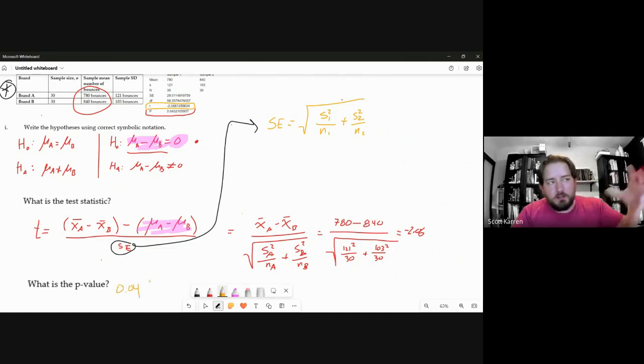which means the likelihood of getting results of this nature, this big of a difference purely by chance, is about 4%, if the true mean of tennis ball brand A is equal to the true mean of tennis ball brand B. Since that p-value is less than 5%, we reject